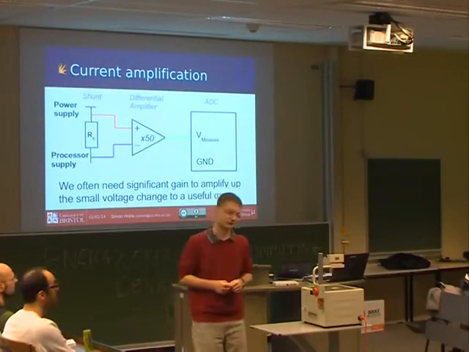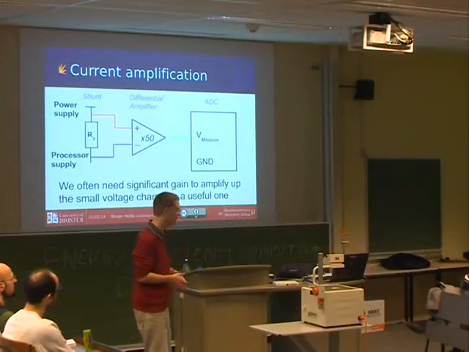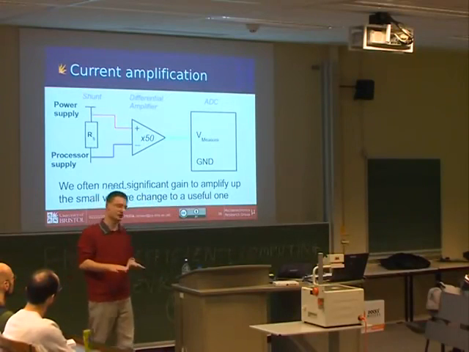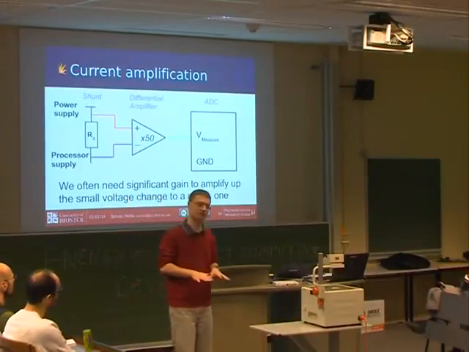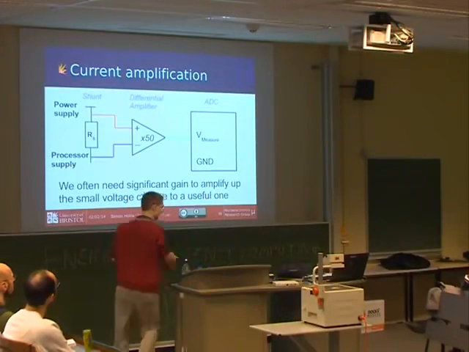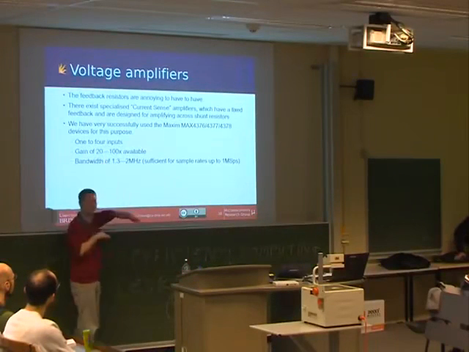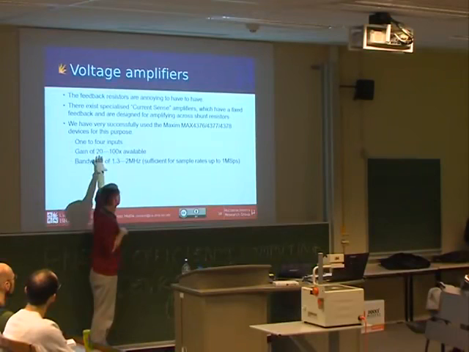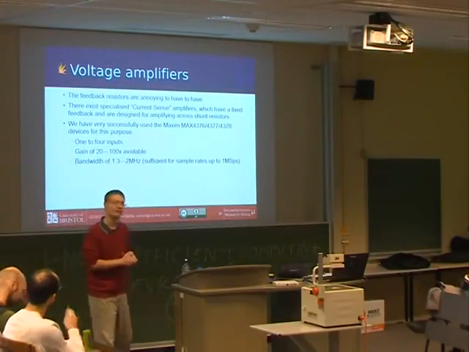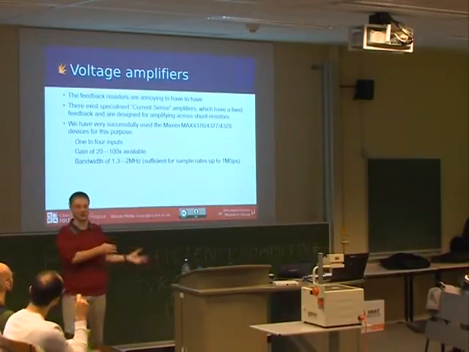Yes, it's analog. It's a function of the transistors that are building that device. If you drop the amount of amplification, you can push that up. And this is a trade-off. There's a fixed trade-off between how much you want to multiply the voltage of the signal and how quickly you can do that. That's why there's a range here, because there's a range of amplification between 20 and 100 times. If you amplify only 20 times, you get 2 megahertz. If you amplify 100 times, you get 3 megahertz. So you have to choose that. So you choose where you lose information in the ADC or